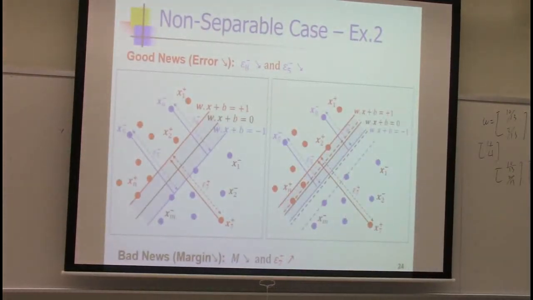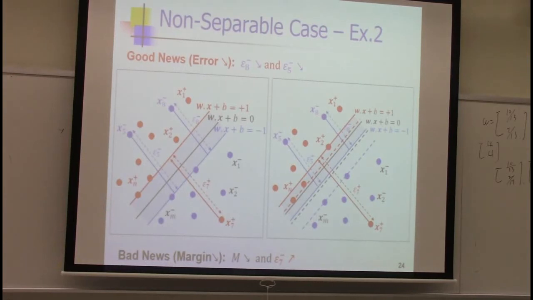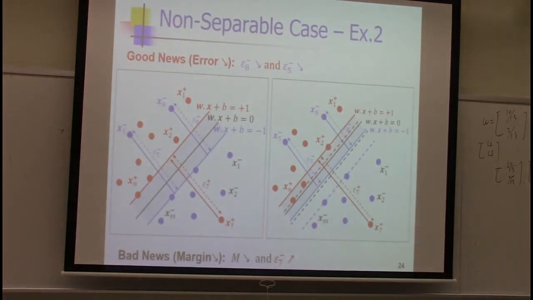Okay? So this is the overall idea. If we have misclassified points, we need to adjust the separating line to reduce the error. But at the same time, we sacrifice the margin size, the margin of our classifier. Okay? So which means we need to somehow trade off, right? You follow? So now I'm going to introduce how to trade off the error